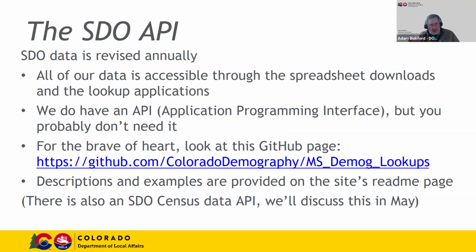So we also have an API. Our data is updated annually, and we put everything that we have each year in our spreadsheet downloads and lookup applications. We have an API interface where you can download JSON files, which have this data in them, but you probably don't need it. But if you're into it and you really want to get in and access our API,